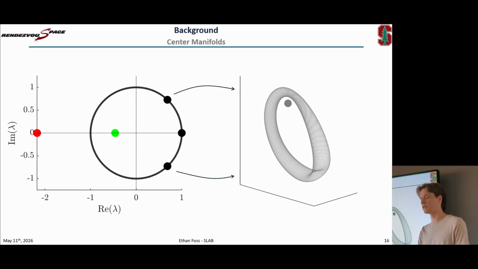Basically, this is a higher level notion of a periodic orbit. In dynamical systems, you can think of equilibrium points as zero-dimensional equilibria. You can think of a periodic orbit as a one-dimensional equilibria. But actually, you can extend that further, and in fact, this is what we see. We see quasi-periodic tori emerging from these periodic orbits, which characterize two-dimensional equilibria.